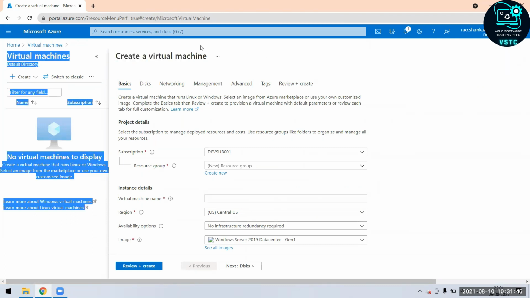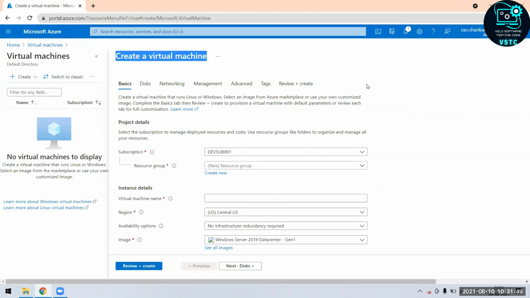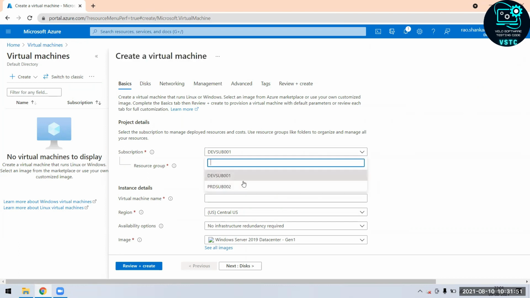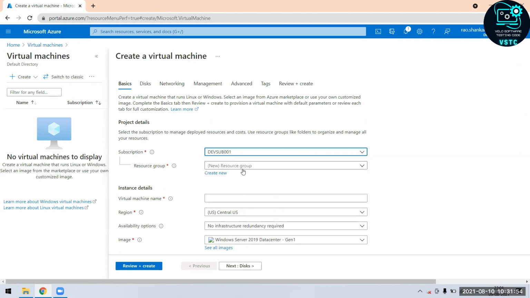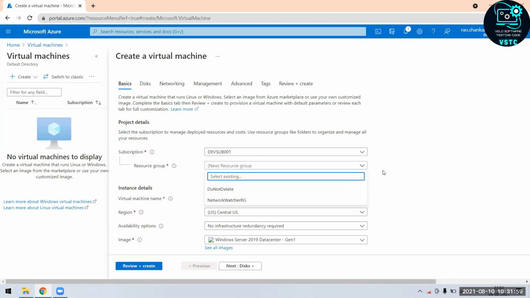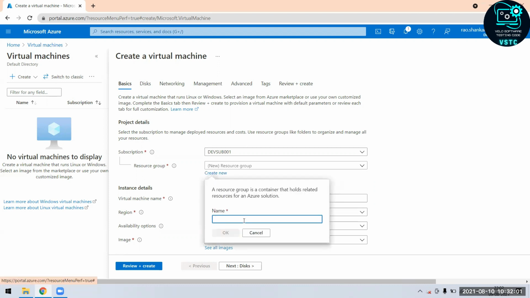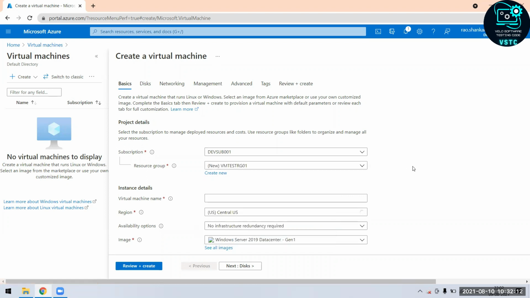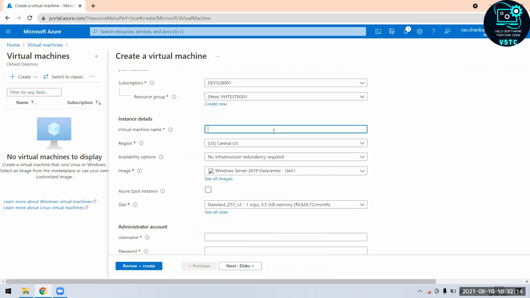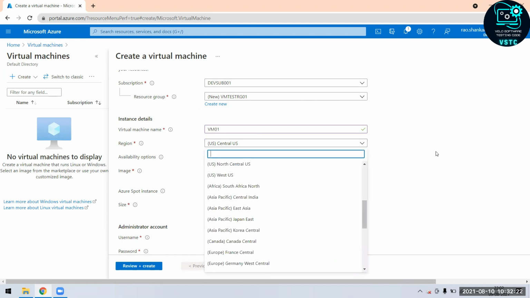A fresh blade will appear and you can select whatever subscription you want. Because I do have two different subscriptions, I can select any. And resource group, if you have any resource group, you can select that, or I simply create a new one. And virtual machine name, for example, VM01, it's up to you. And the location,